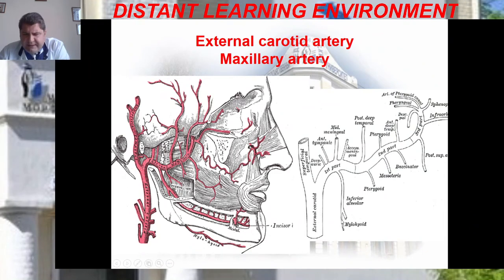You may see here the mylohyoid branch of this artery, and also you can see that this branch goes through the mandibular canal, and in the canal it gives a branch for the inferior teeth, and also it finishes via